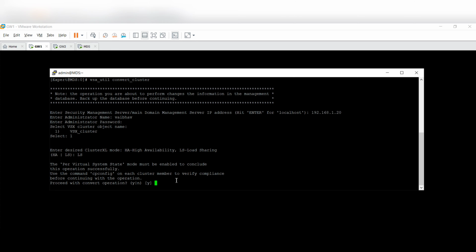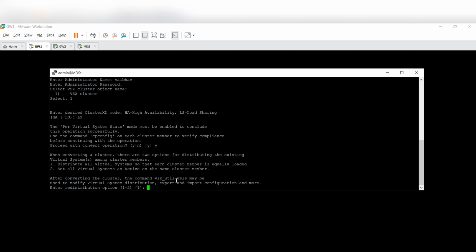So I'm saying yes to this. Proceed with conversion. After converting the cluster, the command vsx_util vsls may be used for virtual system distribution and export. Enter the distribution option, 1 or 2. Option 1 is to distribute all virtual systems so that each cluster member is equally loaded.